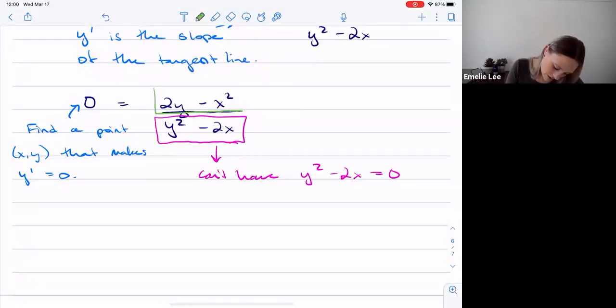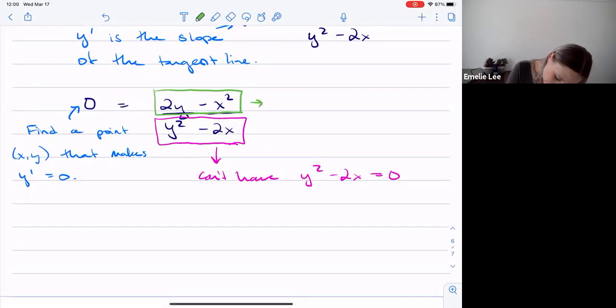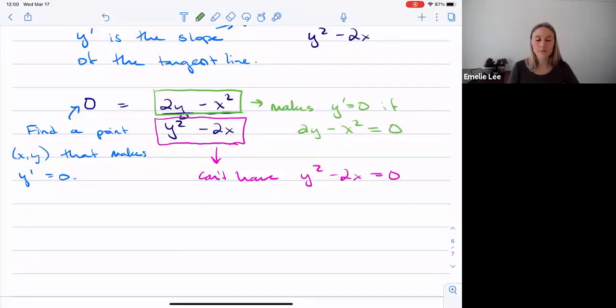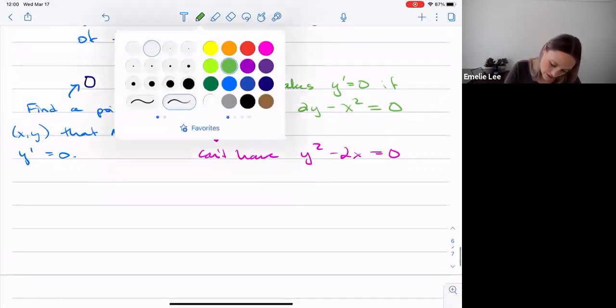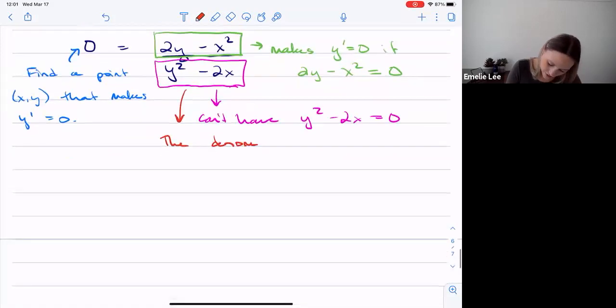Right? So here, I'll say it makes y prime equal to 0 if 2y minus x squared equals 0. And that's going to be my only way to get the whole overall thing to be 0. Here, I'll say the denominator can't make a fraction 0. The denominator,